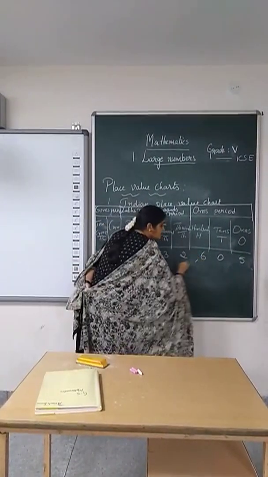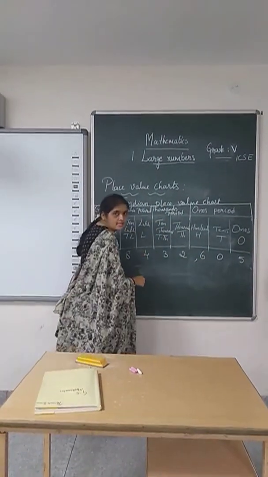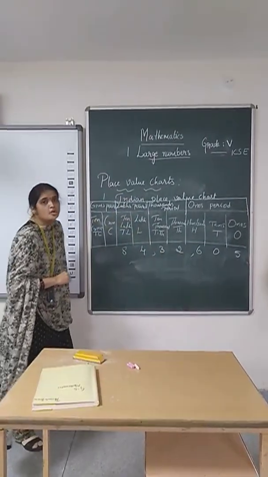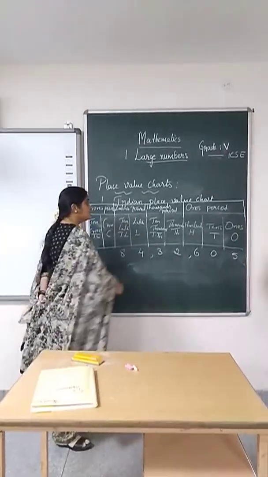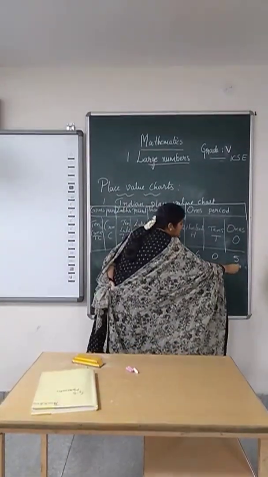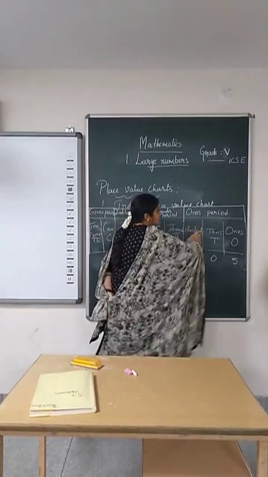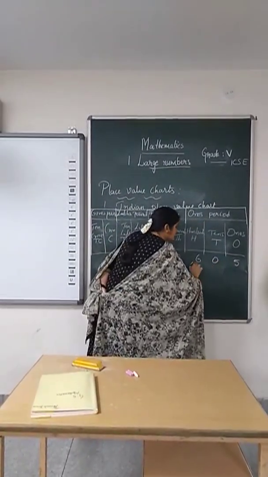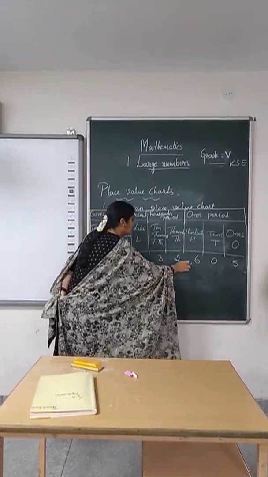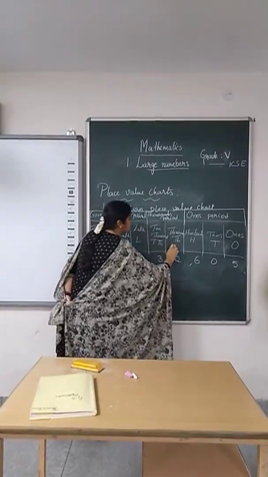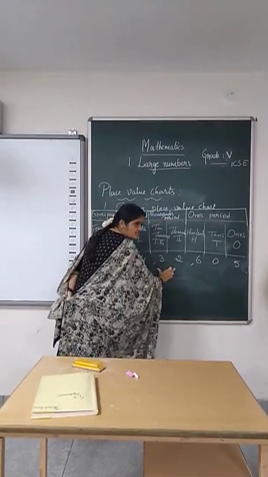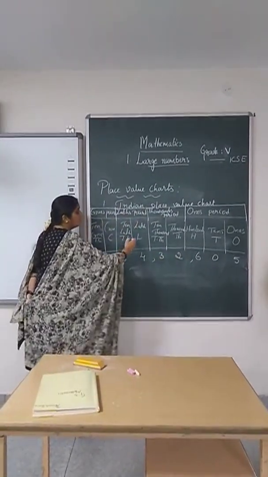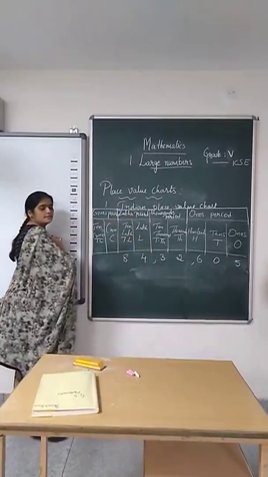So you used to place first ones, tens, hundreds, 1 comma, then 1,000 and 10,000. Again you used to place 1 comma in your previous grades. The reason is this. Since these 3 digits have been placed under ones period, you cannot separate them. So group them together and then place a comma. After that 1,000, 10,000 together in thousands period. We are not going to separate it. So group these two and the rest goes on, since two places are there, right?